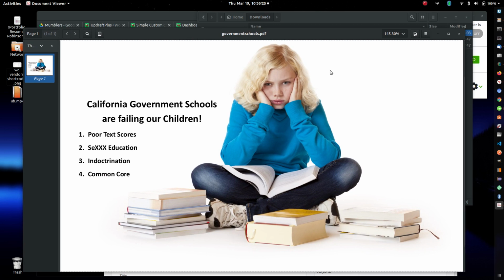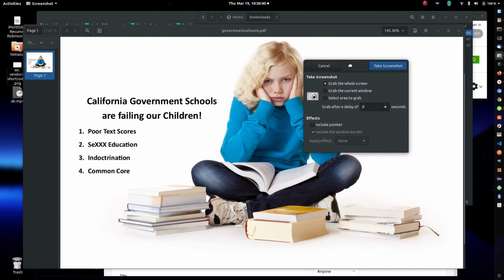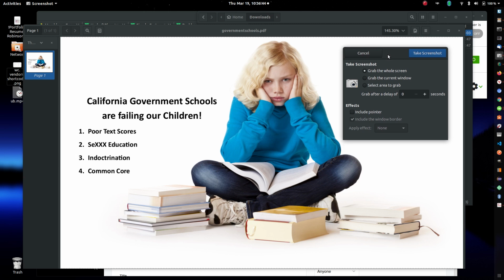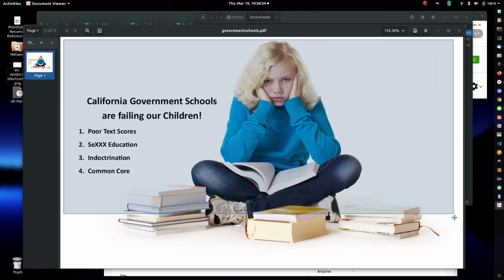Now every computer has a screen grab capability, so I'm simply pulling up the PDF that I was sent, how we want this slider to look, and I'm launching my screen capture. Every computer has this. It may not be this particular icon, but it's going to be a screen capture, screen grab type of utility. And I'm going to select the area to grab, and I take my screenshot and select the area that I want to grab,